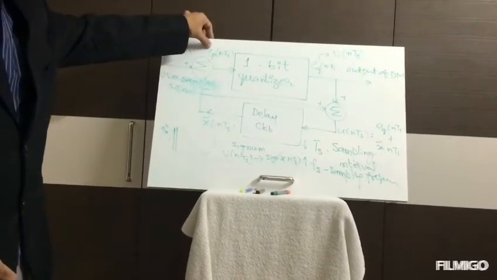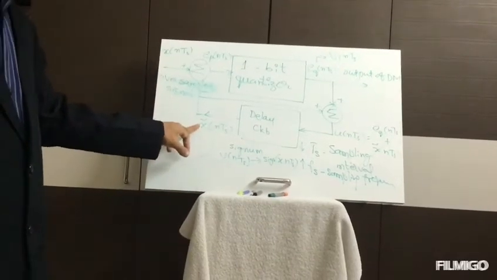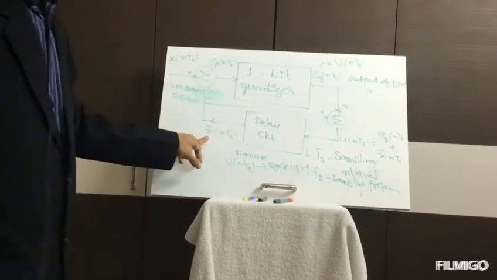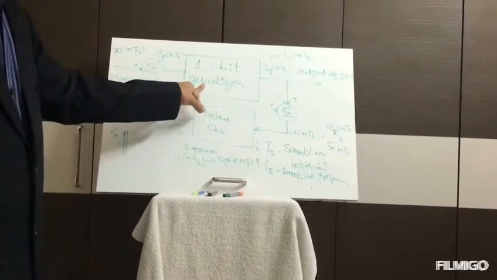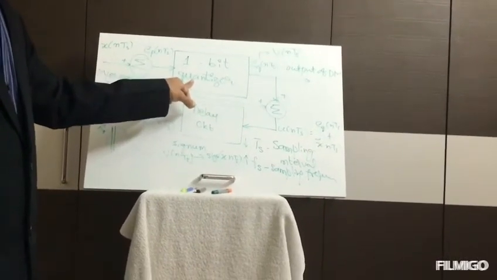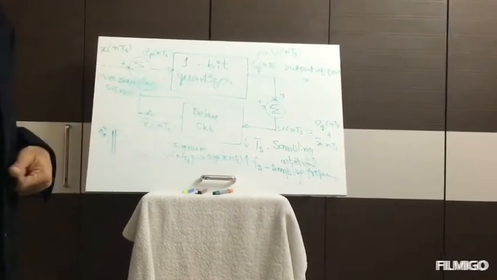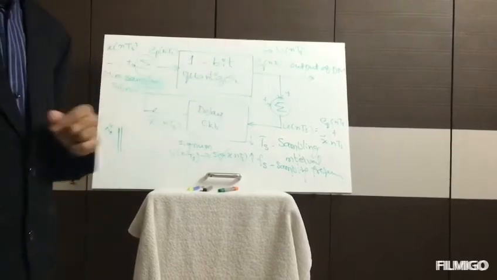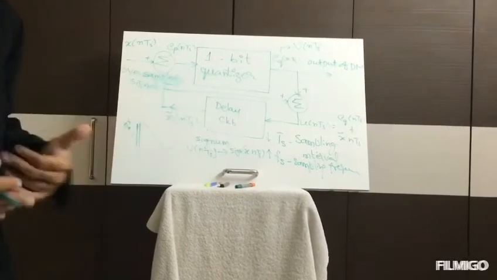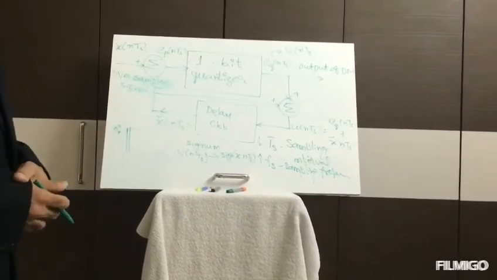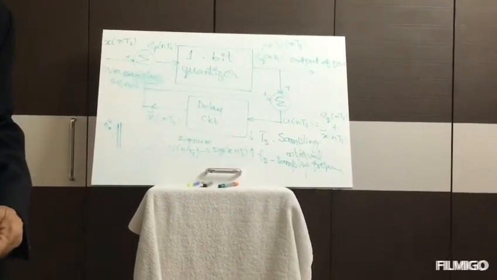The error signal gets generated by taking the difference between X of nTs and the previous sample, that is X tilde of nTs. Then the quantizer takes care of rounding the difference value to the nearest 1 bit output here, and e q of nTs we are representing as the output of the quantizer, which itself is the output of the delta modulator, that we feed back here to the delay circuit to regularly generate the delayed signals, and they will in turn be compared with the actual input signal here.